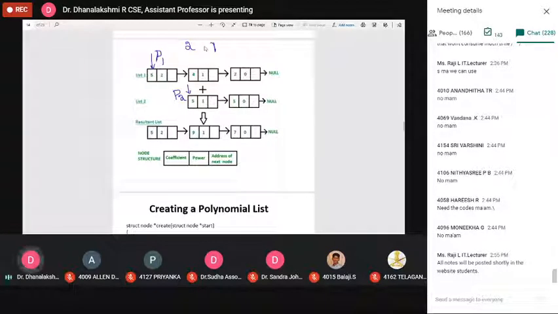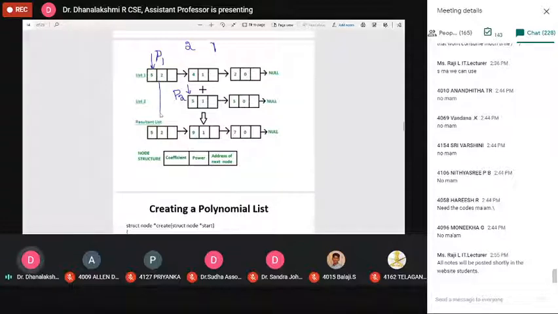First one: the exponent of the first linked list is 2, and the exponent of the second one is 1, so 2 is greater than the second polynomial's exponent. So what we have to do is take this node and add it to the resultant polynomial.